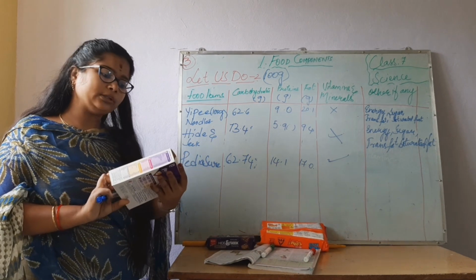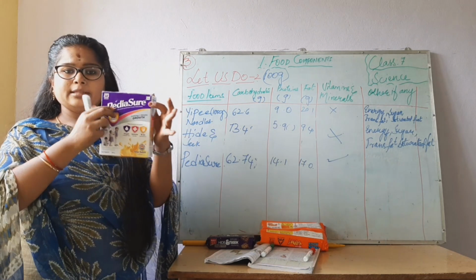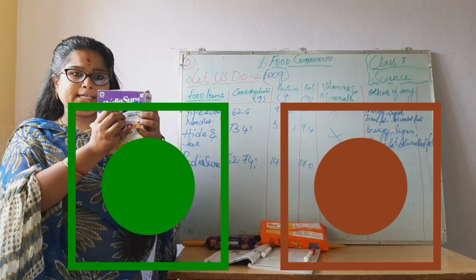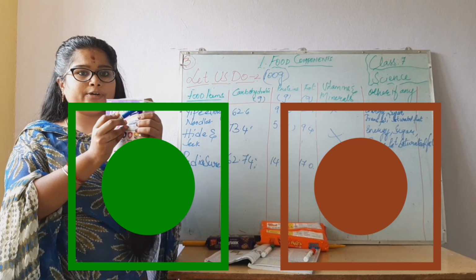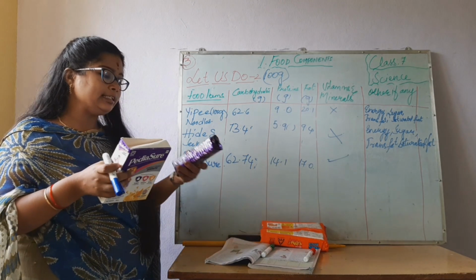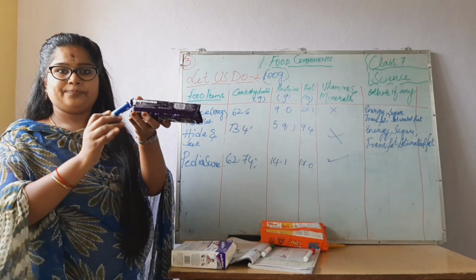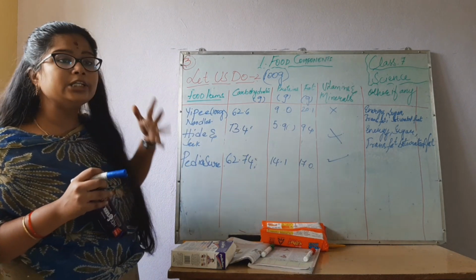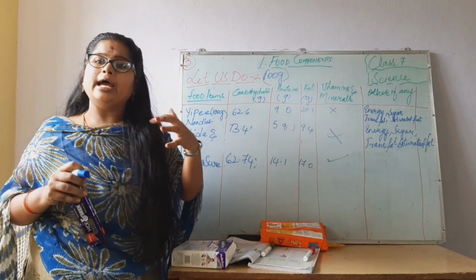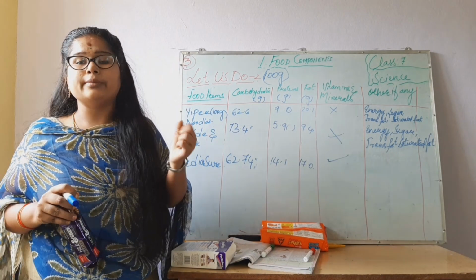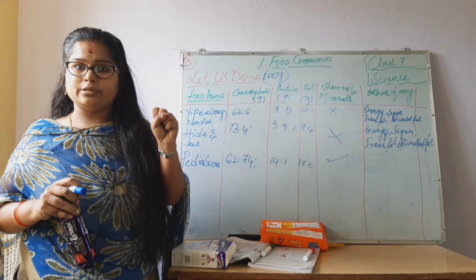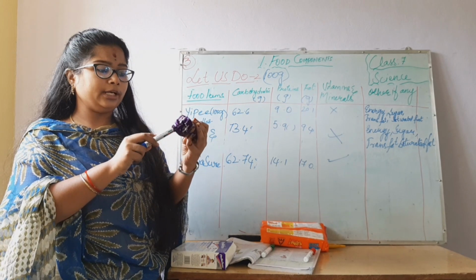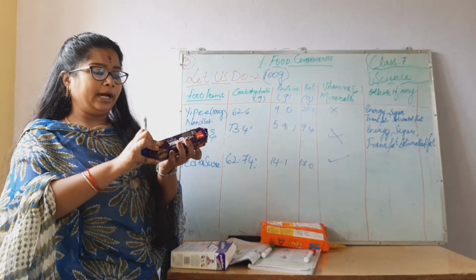And one more thing you are here to observe is, see, this green dot. Green dot indicates that it is a vegetarian food. And red dot indicates non-vegetarian. So before you buy anything, you are supposed to look at which food components you are going to get. And you know now, before you did not know, but now you know what food item you are going to get. And this green color you need to check, and more, what you need to check here, your manufacturing